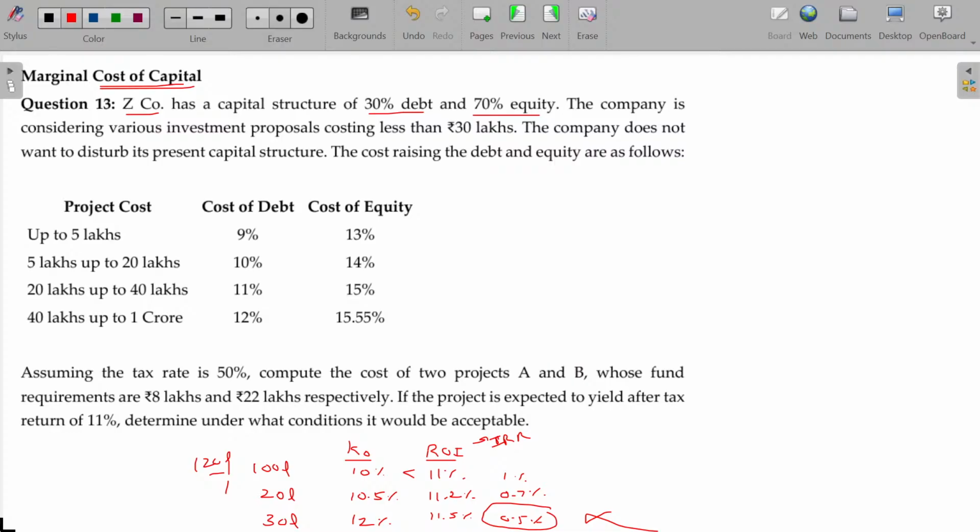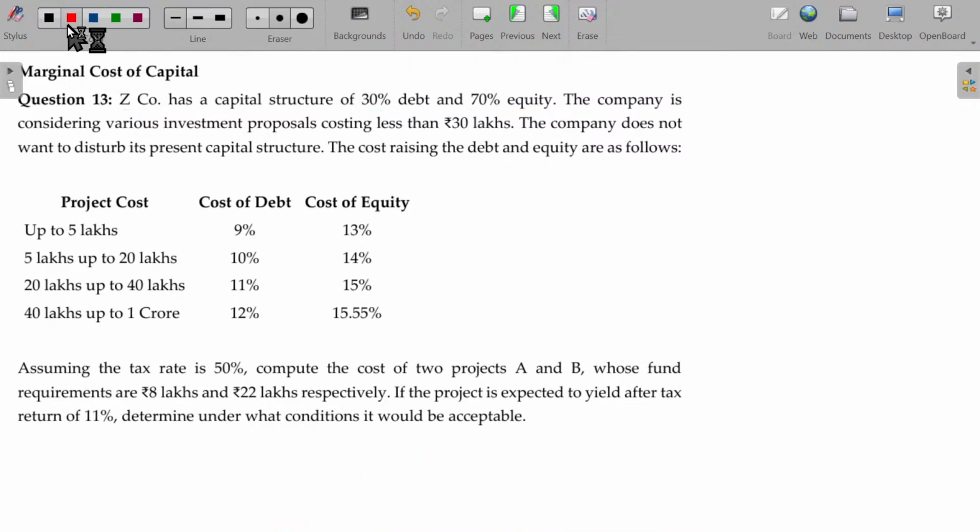So here we have multiple projects to be accepted. For accepting every project, we need to raise further funds. While raising further funds, level after level, it costs us higher. Right? Though the cost may be higher, my capital structure decision will be the same. What's that? For every 1 rupee I raise, 30 paise by way of debt and another 70 paise by way of equity. Right. Now,